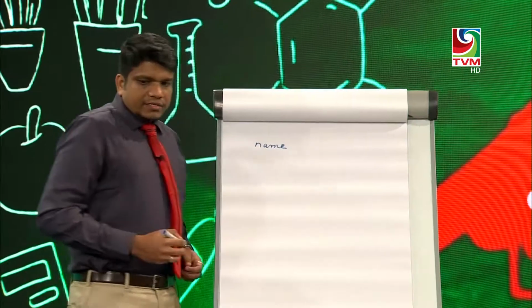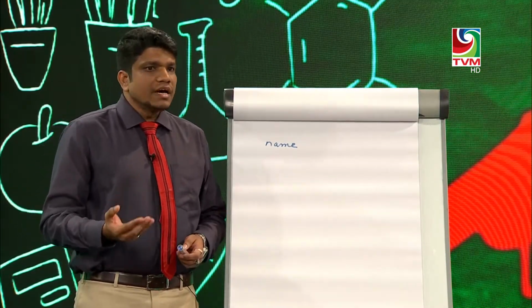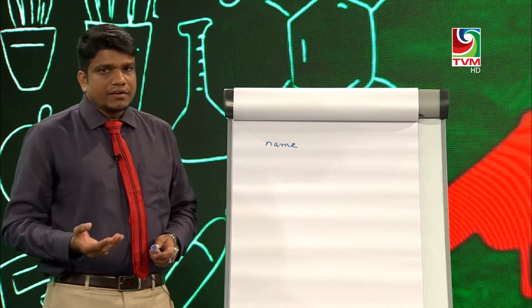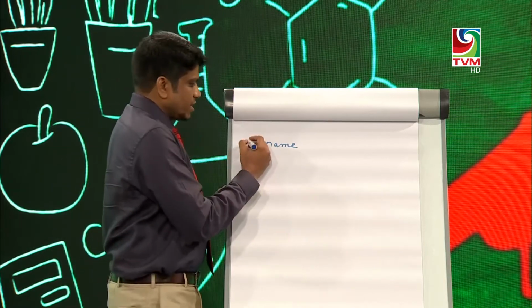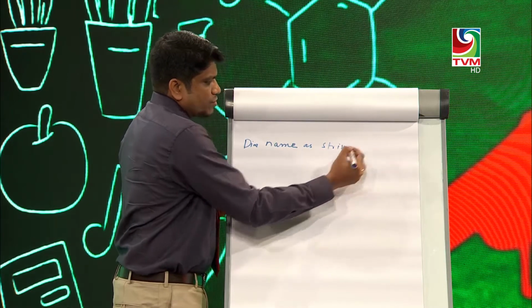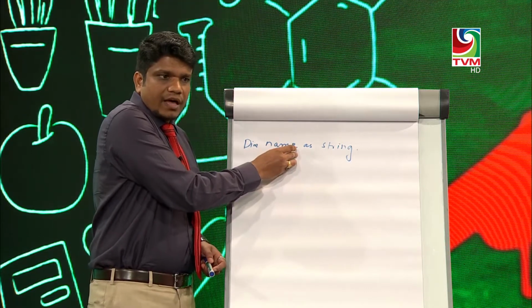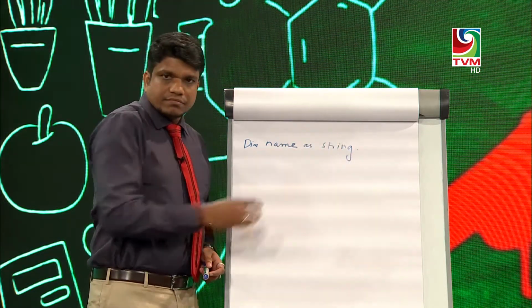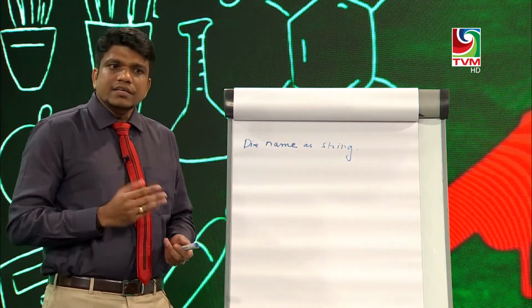Consider I am taking an example like a variable is name. As I already mentioned, each school is using a different programming language. When you are using a variable, first we have to declare that variable. How will you declare the variable? I am taking Visual Basic, so I am declaring the variable as Dim name As String. Here we are declaring a variable called name, and that will take a string. The string means a combination of alphabets and numbers.